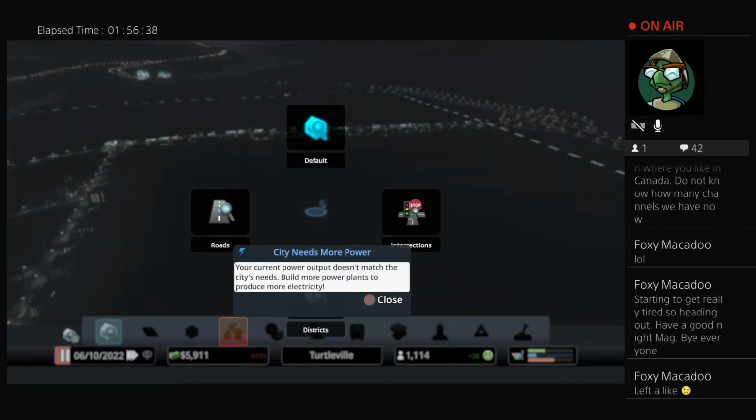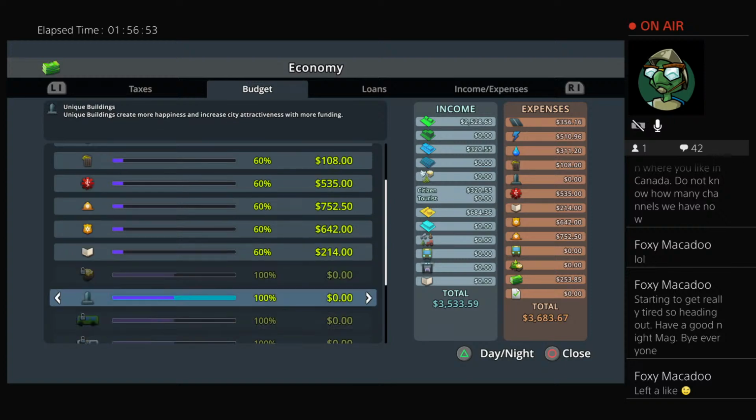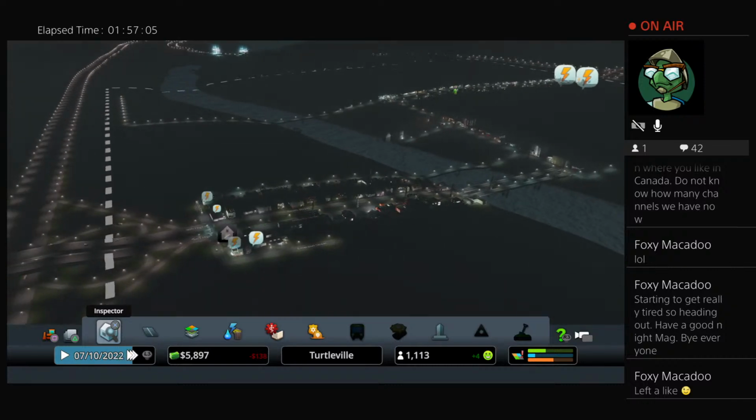Alright, so we need to go back to our budget, and at night we need to go to the power company and we need to let them have more people. No more layoffs for the power company. There we go. So I think we got it to the point to where, for now, we're in a state of equilibrium, which is pretty good. I'm all for making sure that we have things we need, like power, water,